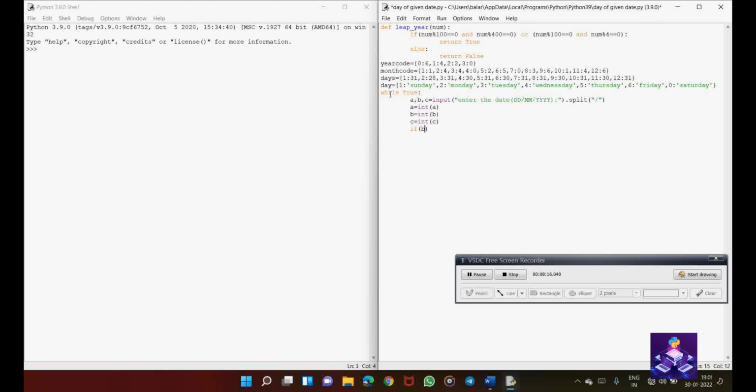First of all, I will check the month. If month is less than 13, and I will check the year. Means the year should be a 4-digit number. So for that I am using the length of str of c is less than 5,